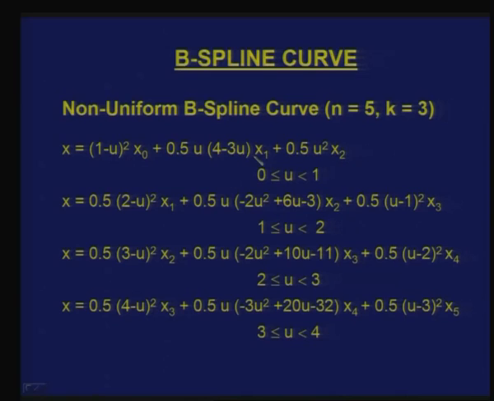Now, if I see u equal to 0 to 1, we know that 3 control points affect it and the others are 0. So, I can eliminate them, and I have the coefficients, which are terms like (1 minus u) square, 0.5 u, etc. So, the 4 segments of the curve which will be obtained can be directly written in terms of equations. These have been written based on the definition which we will discuss for the n value. So, I have the 4 segments 0 to 1, 1 to 2, 2 to 3 and 3 to 4, which also tell which portion of the curve is influenced by which of the control points.